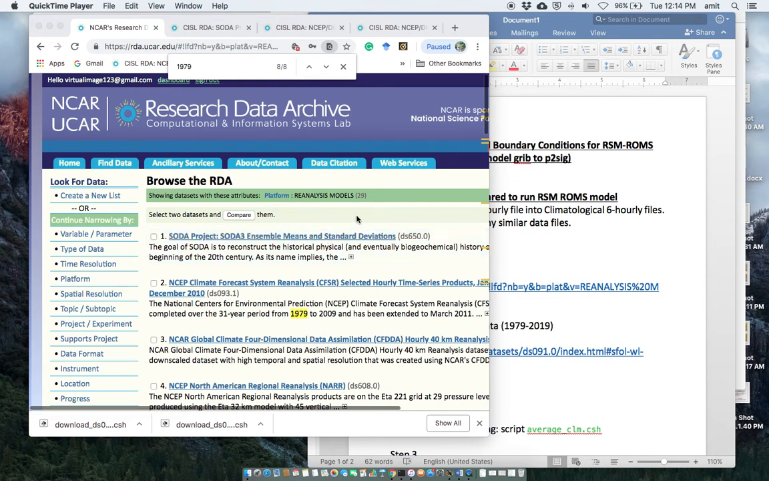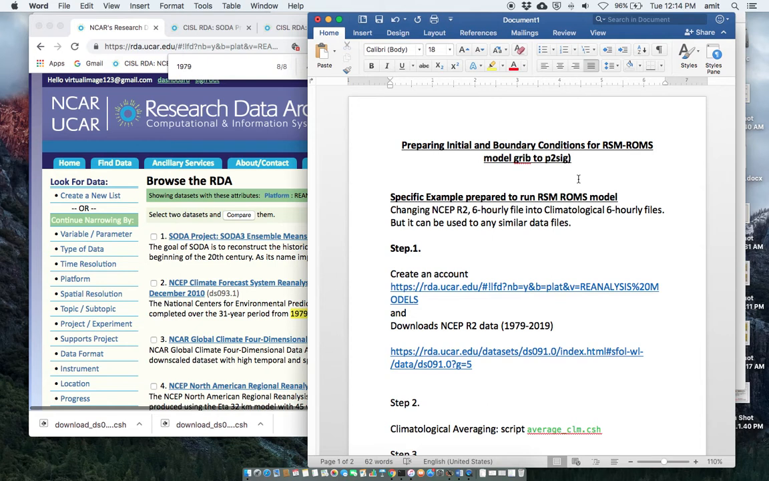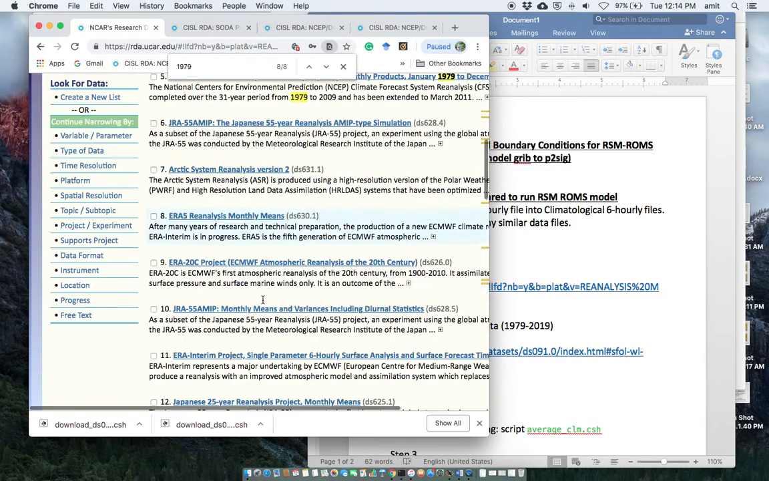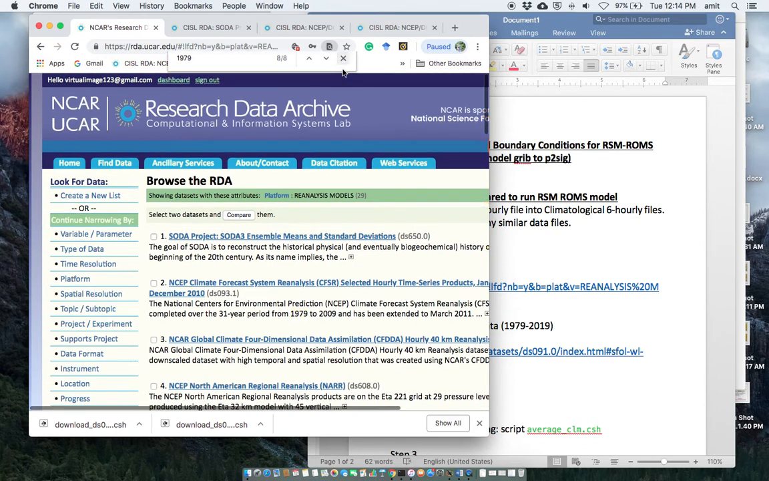Dear friends, today we will learn how to prepare a boundary condition for the RSM-ROMS model. We will be using NCEP R2 data, which is available from 1979 to 2019. First you need to create an account on the NCAR website, and then if you search for R2 data,